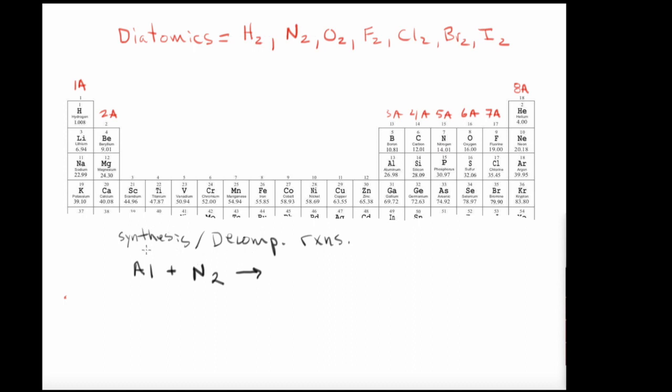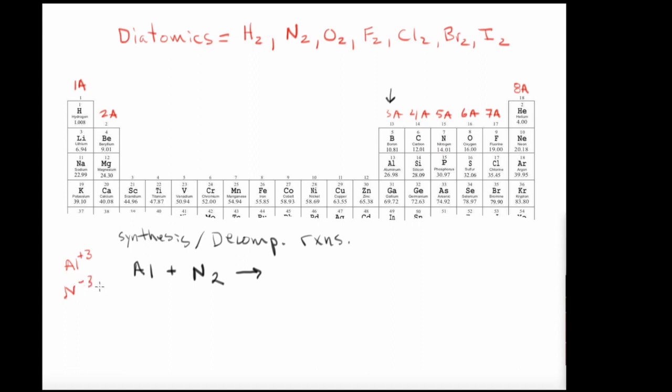Remember, for a synthesis reaction, you have literally 2 reactants that are combining to form a single product. In this case, we're combining aluminum with nitrogen. Aluminum is out of group 3A. Okay, and you should be familiar enough with aluminum. It's one of the triad. You know that when it reacts, it's going to produce Al plus 3. All right, and then the nitrogen, when it ionizes, is going to form N